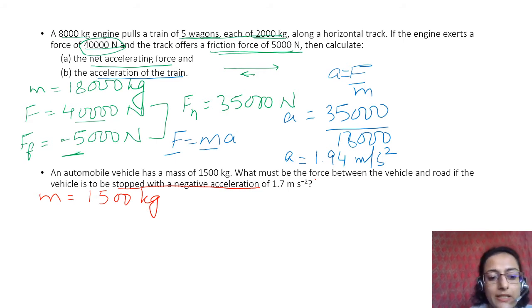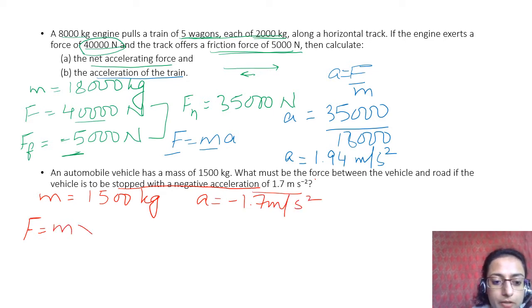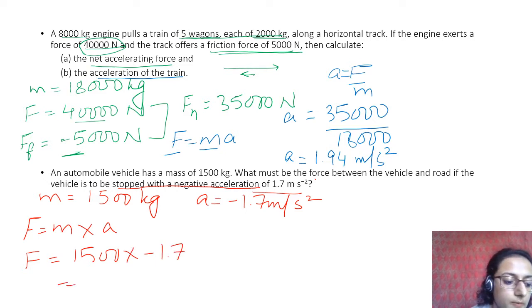But it is simple. It is the same formula. You don't have to do anything. Force is equal to mass times acceleration. Please keep in mind, a will be minus 1.7 meter per second square. So m into a is equal to force, 1500 into minus 1.7 is equal to